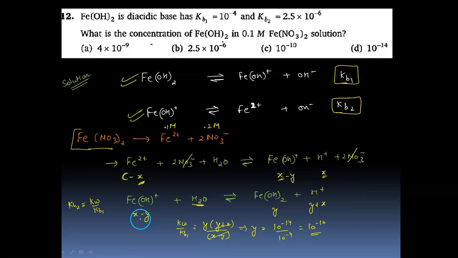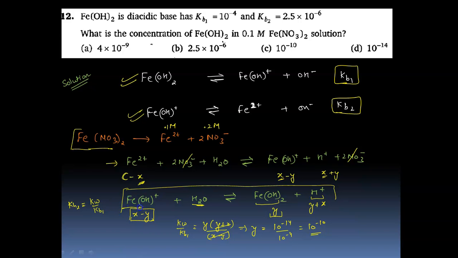So the net FeOH+ which is left is X formed from the first reaction and Y hydrolyzed in the second reaction. So the net effect at equilibrium is X minus Y. Fe(OH)2, which is what we have to find, will be Y, and the H+ concentration arising from the first and second has to be X plus Y. Now if you see the second expression, it is a salt hydrolysis for a weak base and strong acid. So if we have to write the hydrolysis constant, that will be Kw upon Kb.